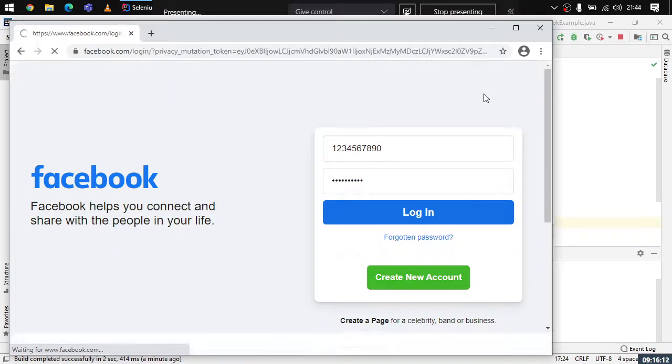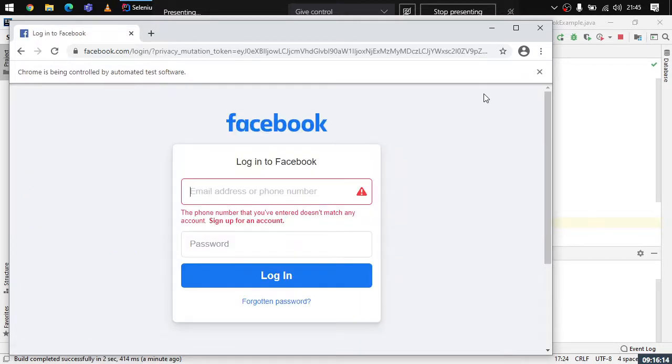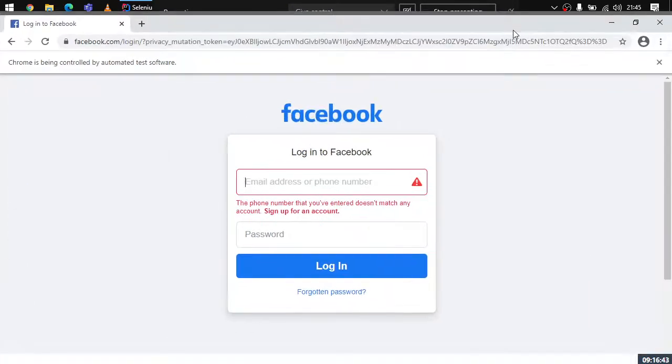So here this is done. This is what we wanted to do, and you can see that it has taken us to some other page where it is asking us for the login to Facebook again. The phone number you have entered does not match any account, right? So here it is actually trying to find the user with the help of phone number as well, right? So this is done, and this is how we try to find the elements on the page, right? There are some different ways as well. For example, right now we consider that name and ID are the unique things that allow us to find the element on the page.